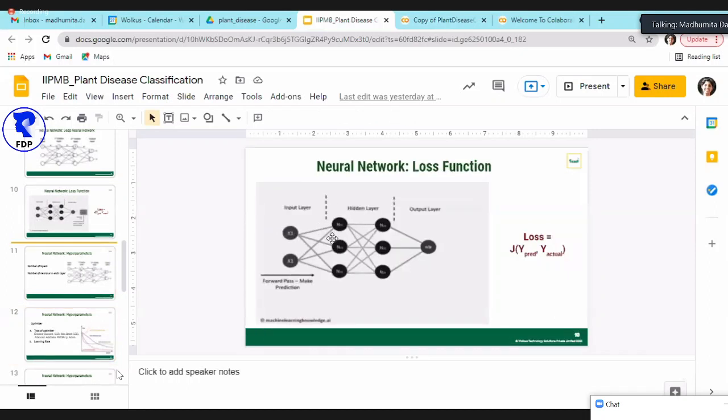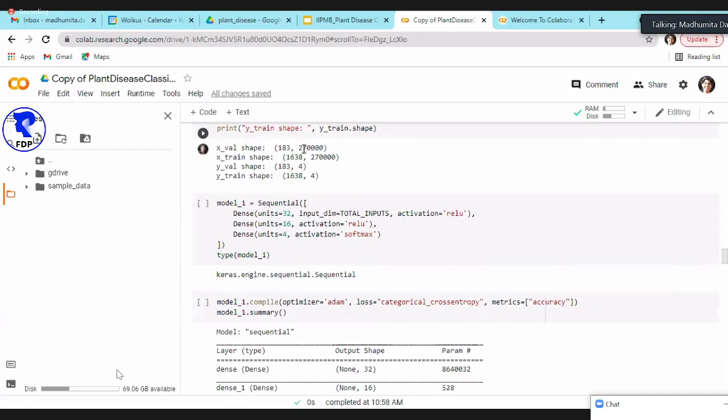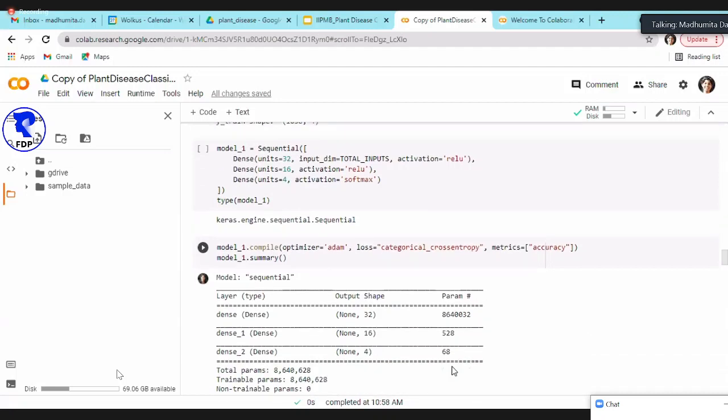So there will be 32 weights assigned to these features, and you have 270,000 features. So multiply 270,000 with 32. Then there will be 32 biases also, so add another 32. That will give you the parameter number here. That's how many calculations will be happening in the backend.